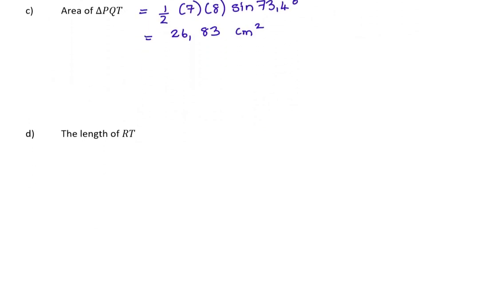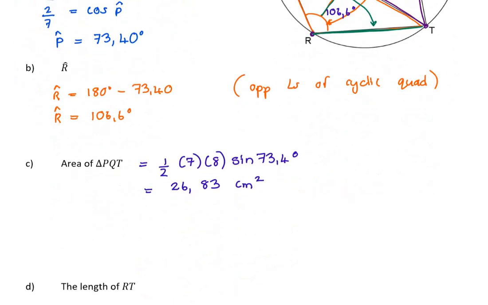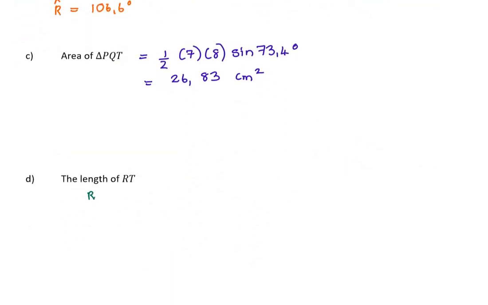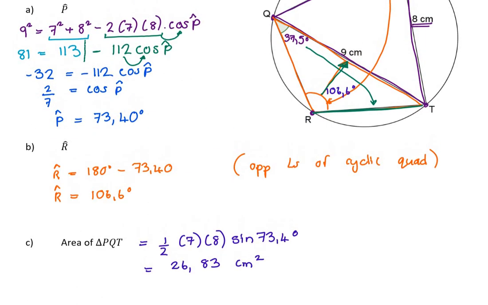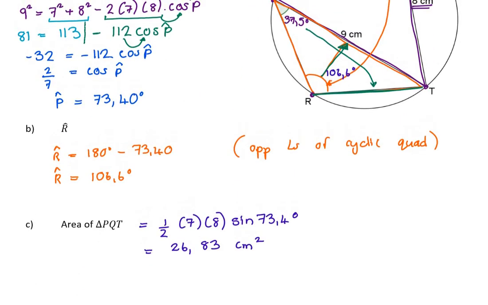Right, and our final question is the length of RT. So if I stroll up, where is RT? Well, RT is in this triangle, and immediately I notice that I now have a pair. Because I worked out the size of angle R, I have a pair in angle R and the 9 centimeters, and RT is opposite to 37.5. And so I can set up the sine rule. So my sine rule will be that RT divided by the sine, and the angle opposite RT you'll see is 37,5. Now that will be equal to 9 centimeters